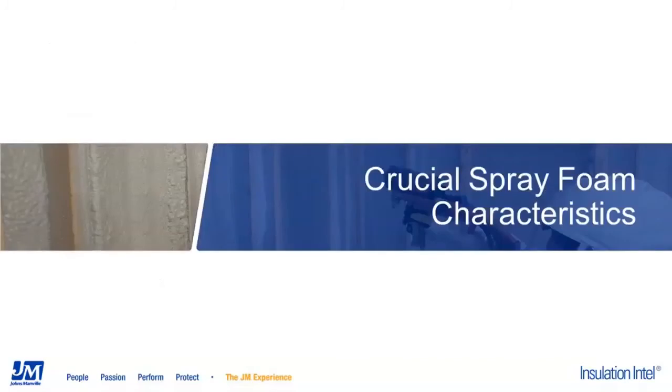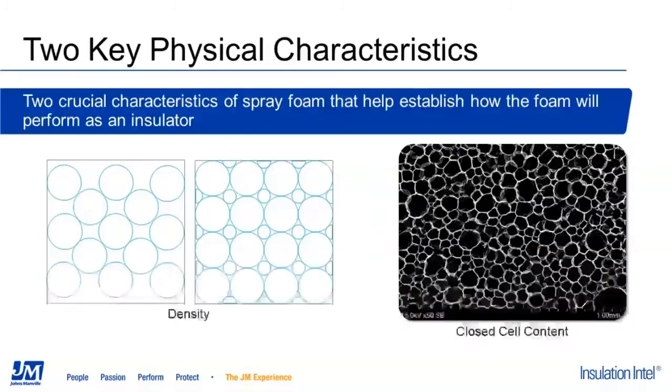First, I'd like to start with the crucial spray foam characteristics. There are 2 key properties of spray foam that form the basis for physical and thermal performance. These properties will remain consistent amongst most spray polyurethane products and are not specific to the Corbond product line. These 2 properties are density and the closed cell content, and they also help differentiate between open cell and closed